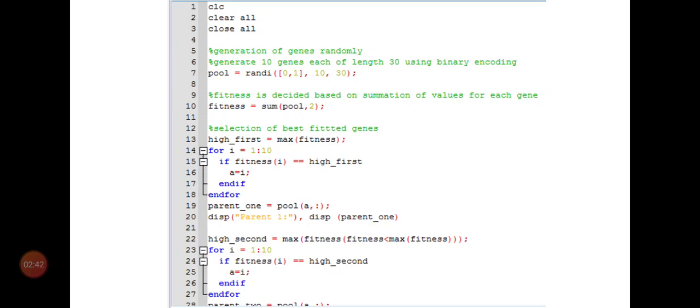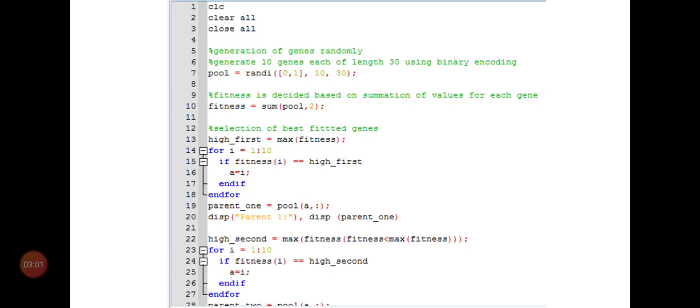And close: if some figures or graphs have been generated by the previous run, they will all be closed, so I can get a proper view of the actual output of this particular code.